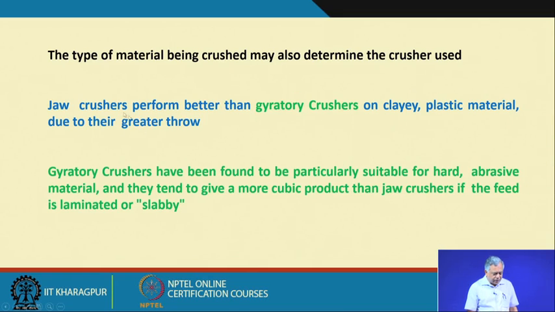Now, jaw crushers perform better than gyratory crushers on clayey, plastic material due to their greater throw. What will happen if I have a clayey material? In a gyratory action, when you are rotating the spindle, the crushing surface is coated with the clayey material, because you are continuously compressing it. After some time, because it is a continuous operation, the crushing surface may be coated with the clayey particles,